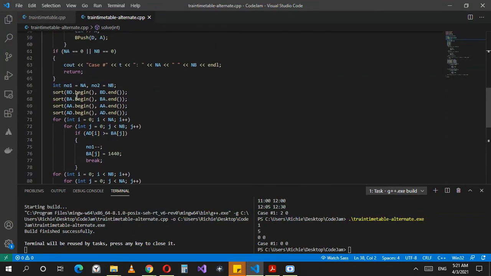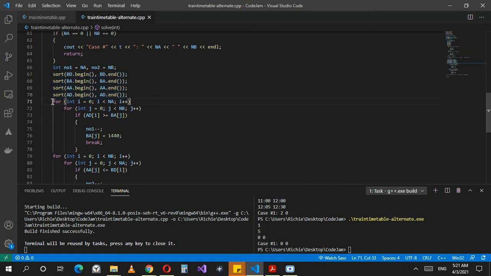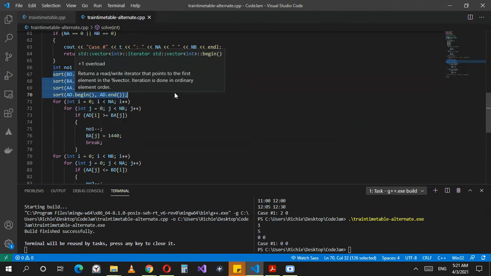So once I have the vectors set up, I sort them in ascending order, and then it's a very simple loop. For the departure from A, what you have to check is if any of the arrivals are happening before the departures. That's why it's very important to sort it in ascending order, because if you notice, the inputs are very random.